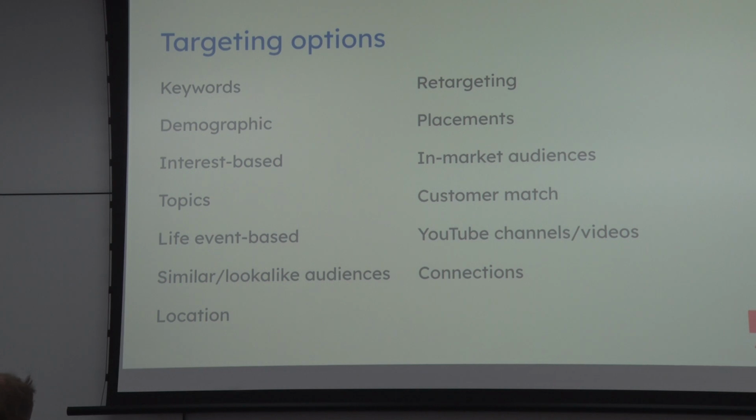I don't know if Facebook has it, Google has it, it's had it for a couple of years. It means that they have a list of different products and services for which they can identify what people are looking for. So if I have a travel agency, I can show my ads to people who are in the market looking for a holiday. Or if I sell tires, there's an in-market audience for people looking for tires at this moment. In-market audience for people who are looking to buy a new car. So this is very much at the bottom of the funnel. So people with strong purchase intent. Because again, Google, for example, has a lot of data about what you